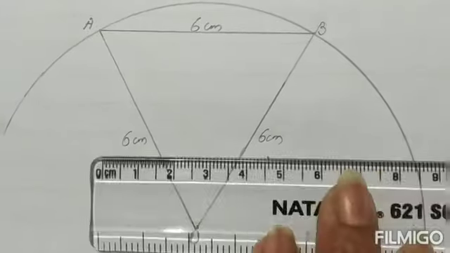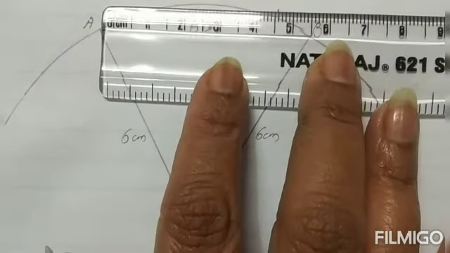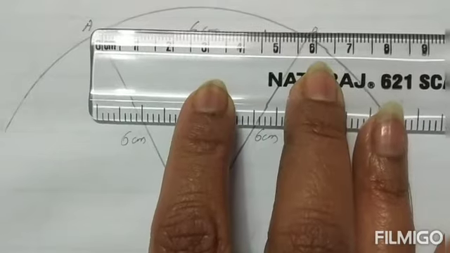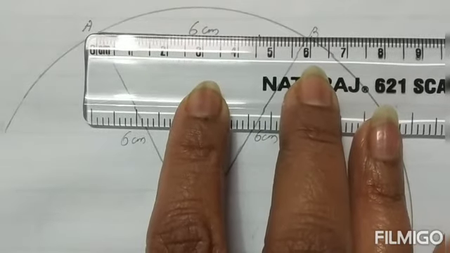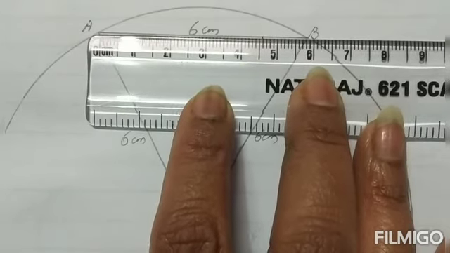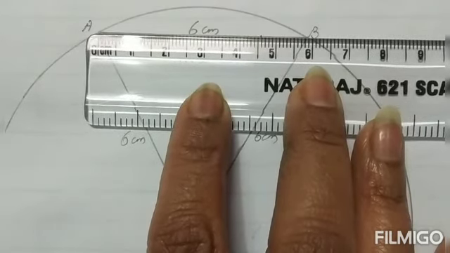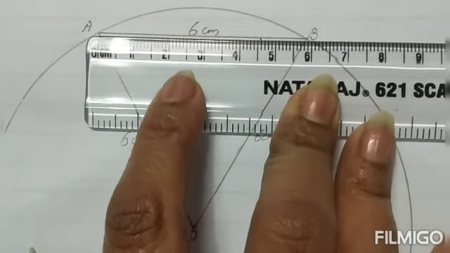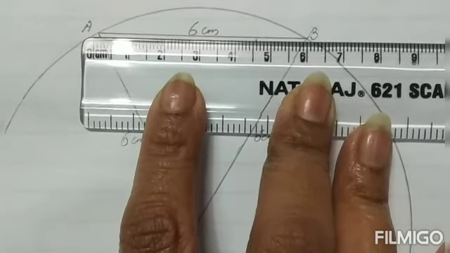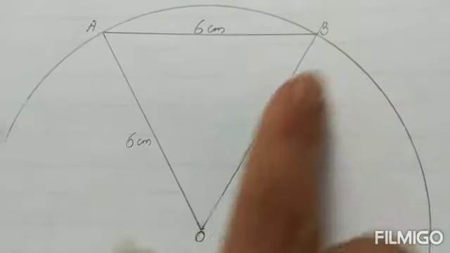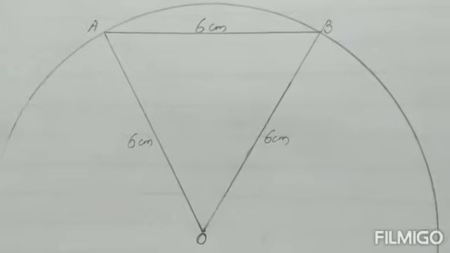Now when we draw a chord of 6 centimeter, children, you keep your compass like your scale, like this, and you keep on moving it till you come to a point where the 2 points are touching the circumference and the measurement is coming 6 centimeter. Now as you can see, my scale is touching the circumference at both the points and it is coming how much? 6 centimeter.